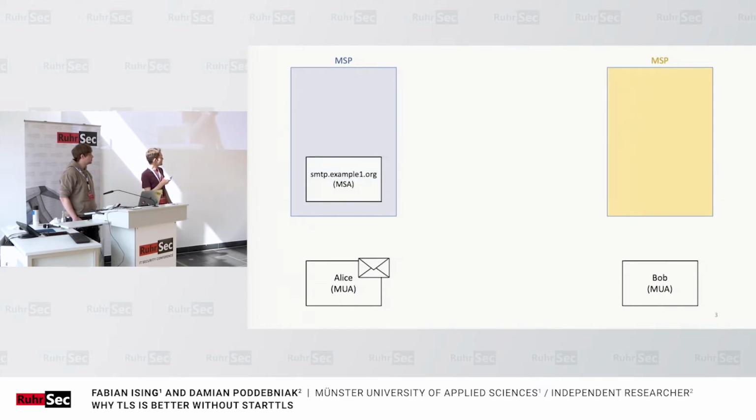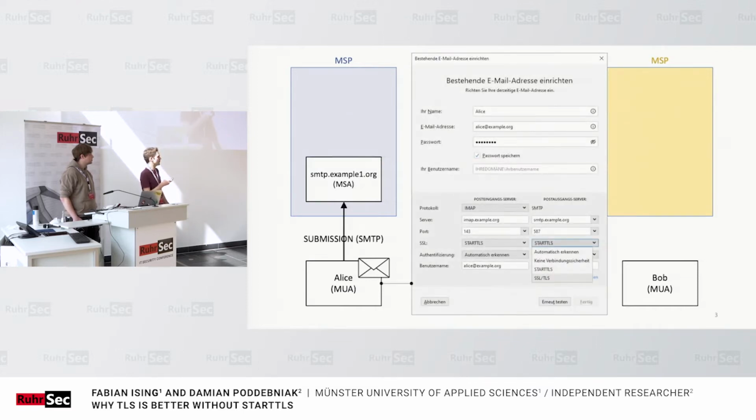Now Alice wants to get their email to Bob. First, they will have to talk to the mail submission agent, or the MSA. So just an SMTP server, for example. In this case, they will have to configure